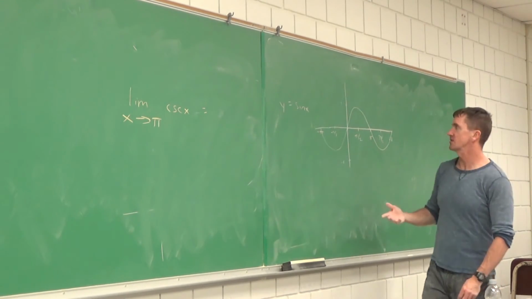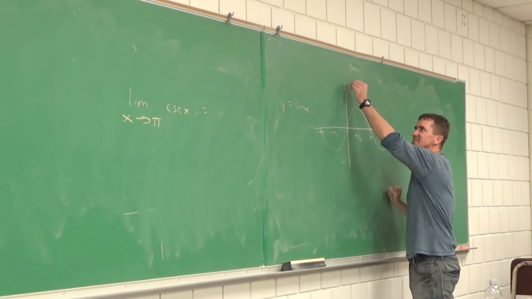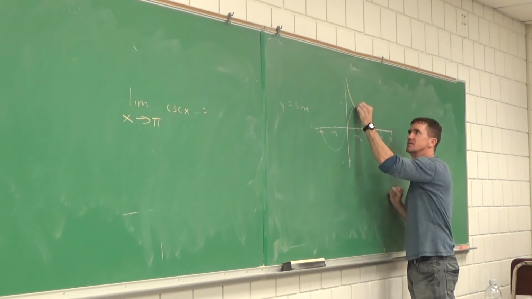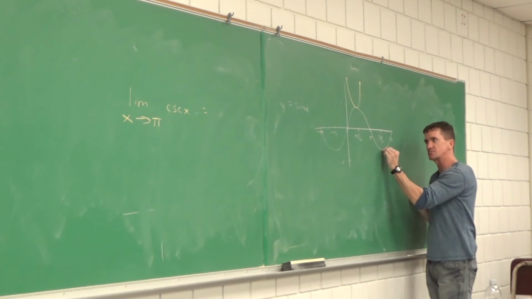Well, what's its graph look like? I go off this thing, what do I make? It's just going to be flipped. Yeah, you make these little hills. They're like little parabolas like this. It's that one right there. And here in yellow chalk is the graph of cosecant of x. What's it doing on this parabola?